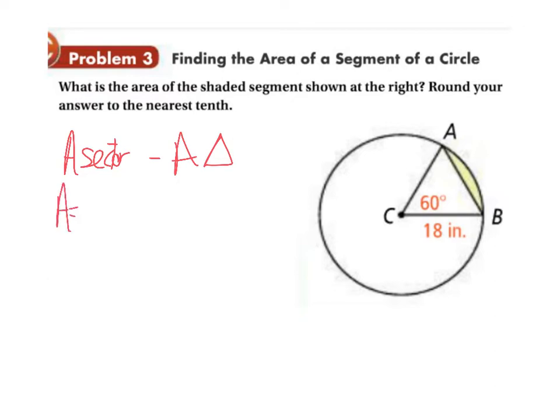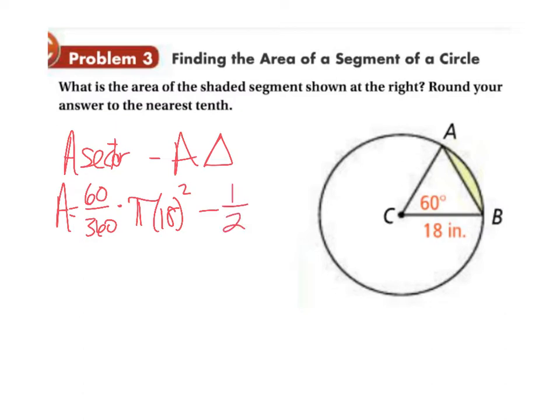The area is equal to, now what portion of the circle am I using? I'm using 60 degrees out of 360, multiplied times pi times the radius squared, 18 squared. Then I'm going to subtract the area of the triangle. The area of a triangle is 1/2 the base